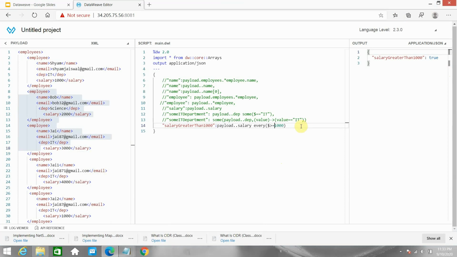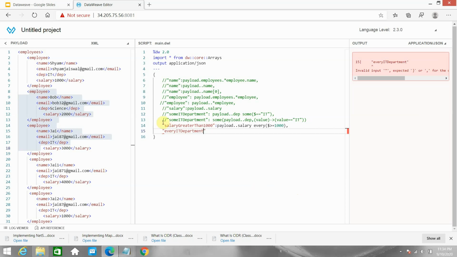The second condition: I want each and every employee to belong to the IT department. So I can say every IT department. I will now write a lambda expression.